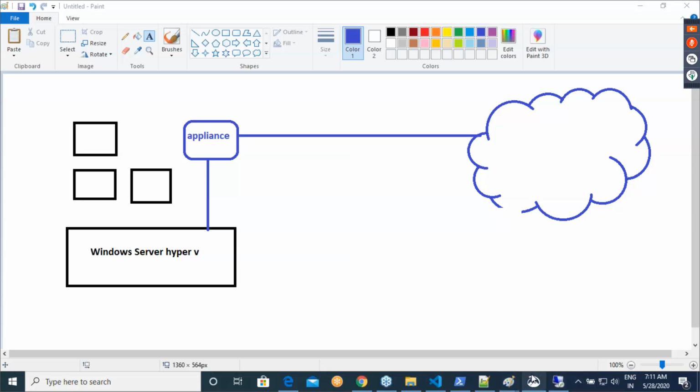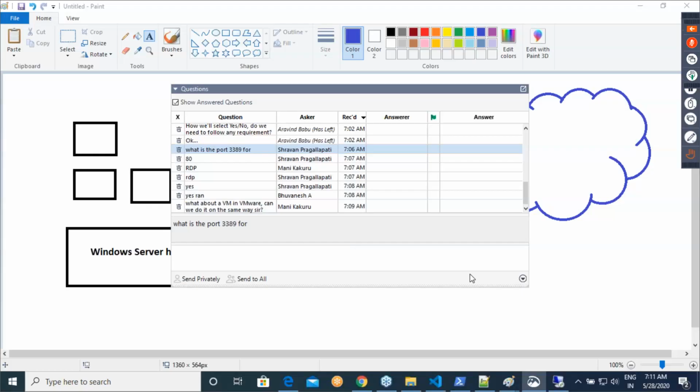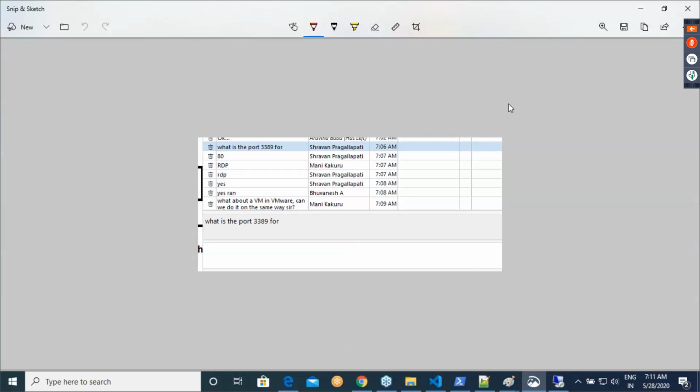Sir, first, I think we have spoken about this. If you do one migration, then we will be able to do the migration. Before starting the class itself, I think I've said we will be doing Hyper-V VM. All of us will be doing it. And VMware migration, I'll show it to you and I'll share that.